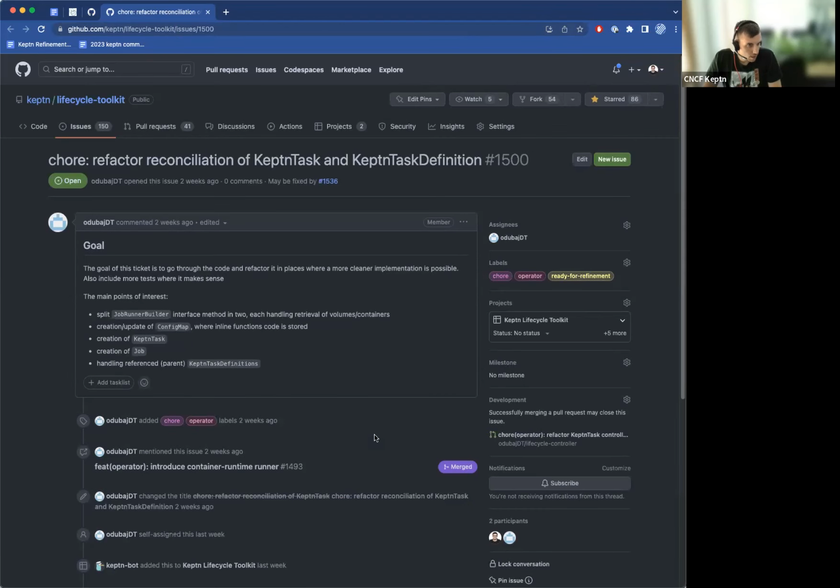Andre wanted to create a refactoring of the Keptn task and Keptn task definition controllers. Maybe we can have a discussion here, because his suggestion is to remove something. One of the points I'm a bit against is getting rid of the parent possibility, which means I can define a Keptn task,